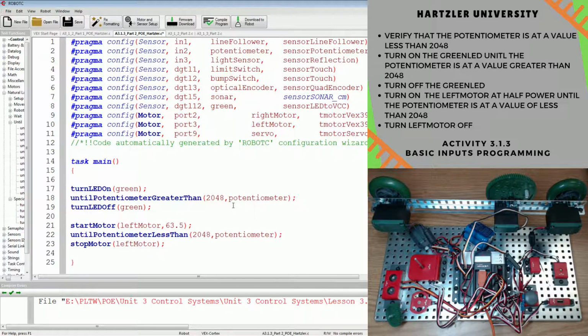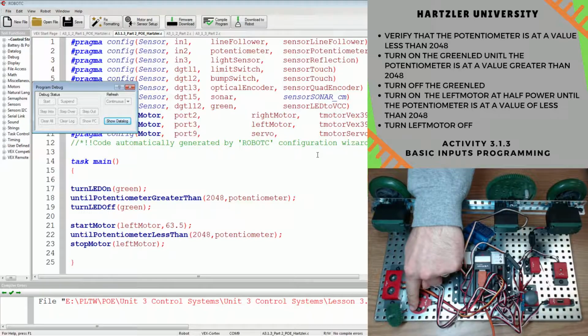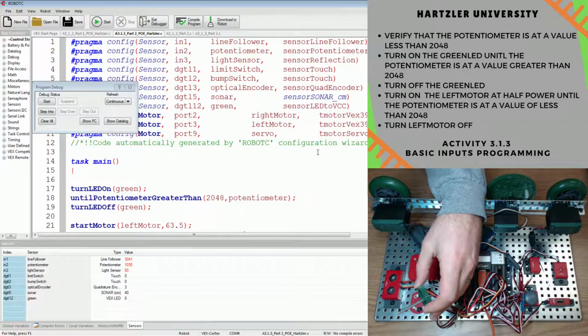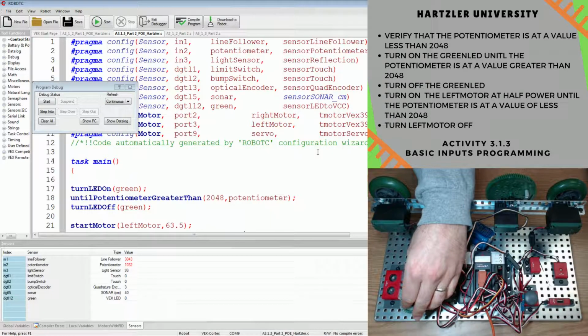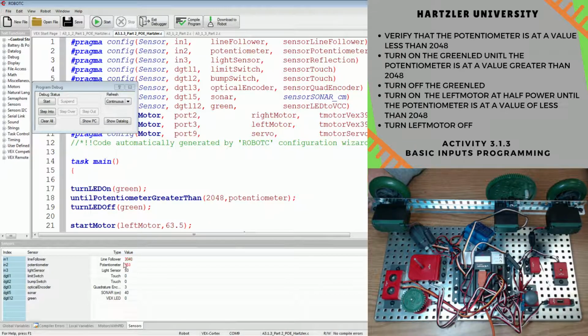It's going to be a little loud once everything gets started, so keep that in mind. We're going to compile program, download to Robot. Remember, this is your potentiometer, this funky looking thing right here. I'm going to plug a gear into it that's attached to a small shaft. It will make it kind of difficult for you to see the potentiometer itself. So you'll notice down on the bottom, potentiometer, now I'm reading a little under 1,000. And as that number gets bigger,